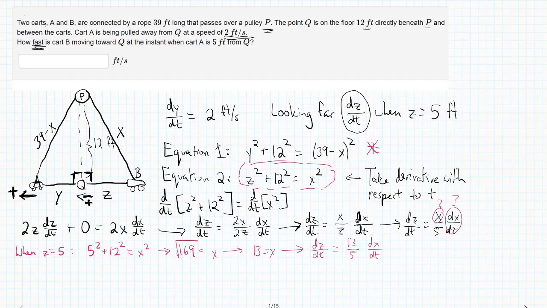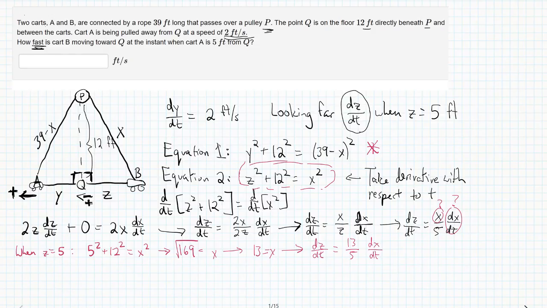Questions thus far? Okay, so now what we want to do is try and find our version of dy/dt, right? Okay, so if that's the case,